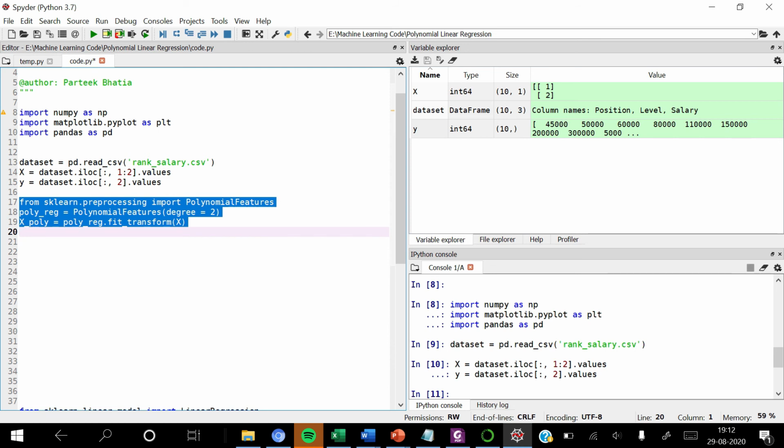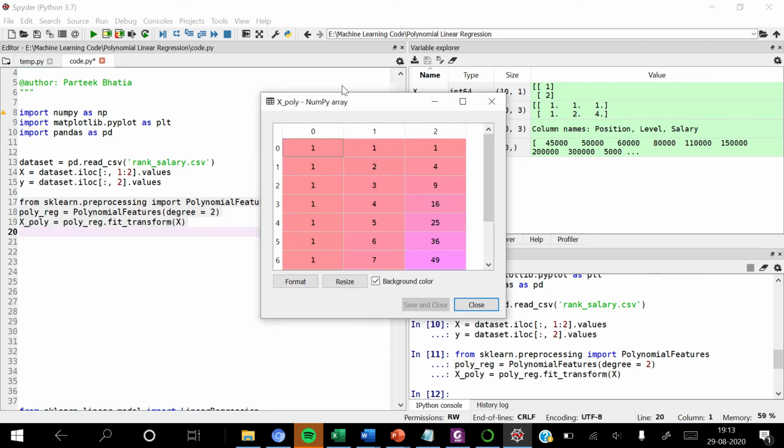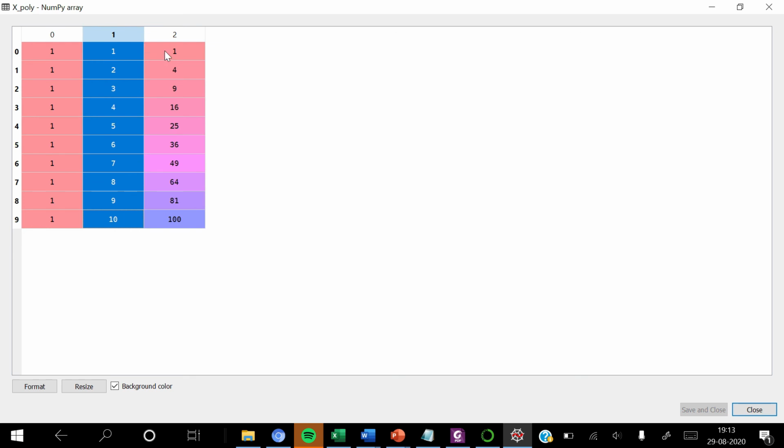Let us execute these set of statements. So you can see X_poly has been created. By clicking on this, you can see its content. Here we have the first column as constant, which is 1. Column 1 indicates the original value of X. These are 1 to 10.